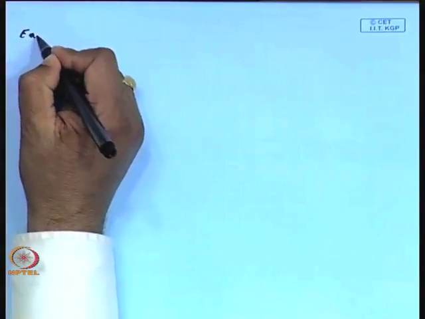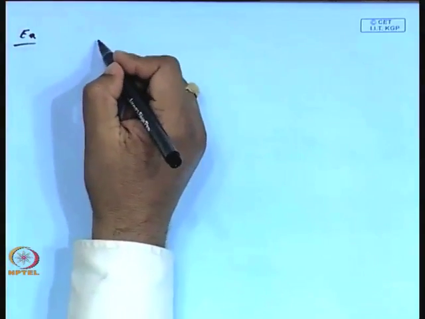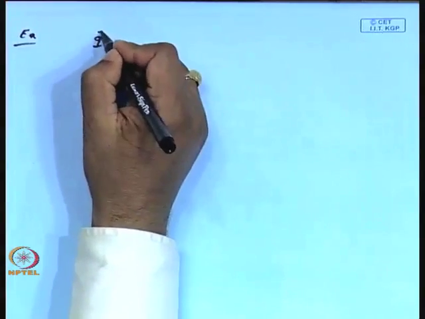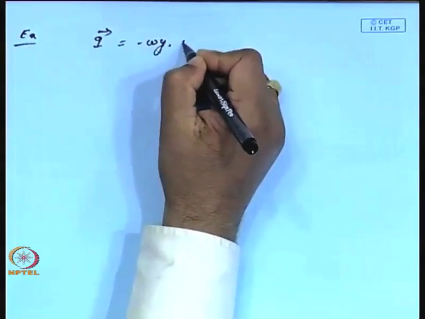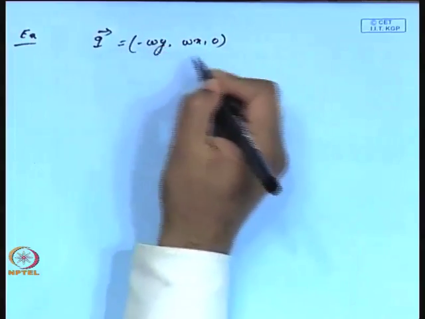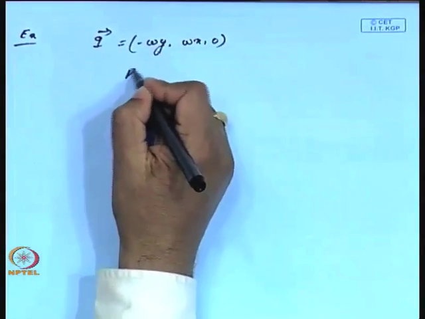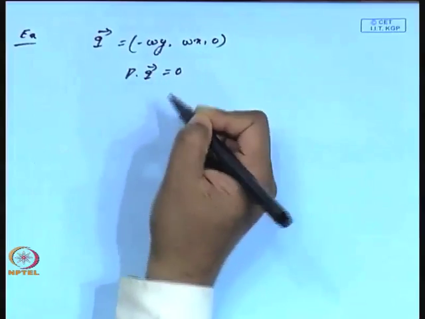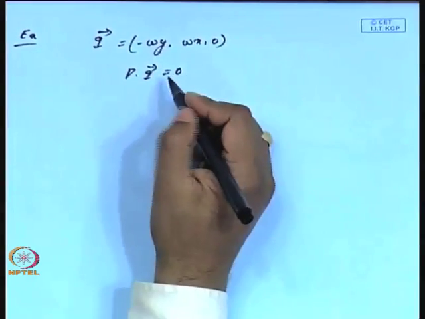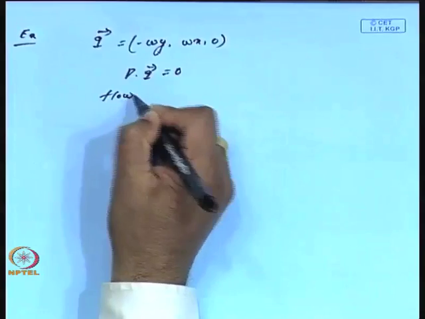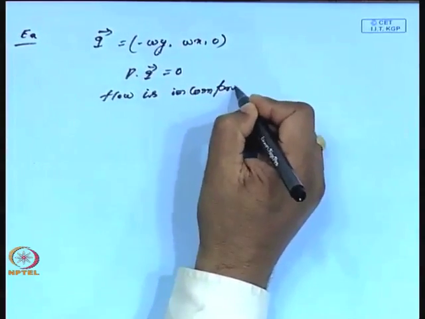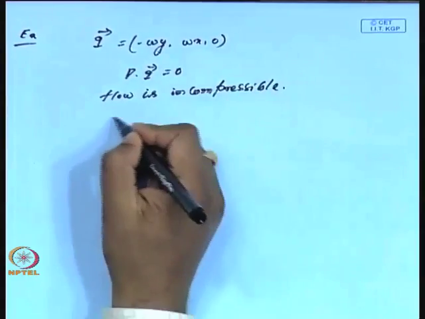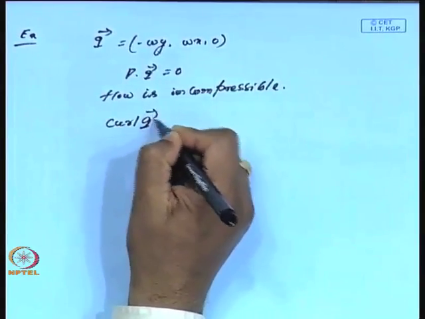Let us look at this example. Suppose my q bar is minus omega y, omega x, 0. Then we can see easily that del dot q bar is 0, which shows that the fluid flow is incompressible, that means fluid motion is possible. And if you look at the curl of q,